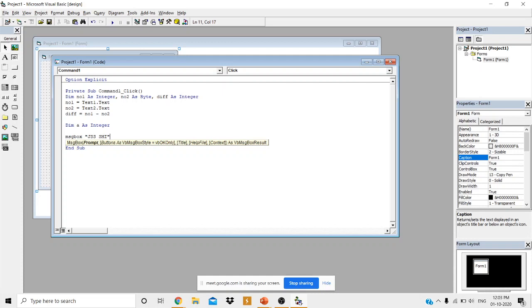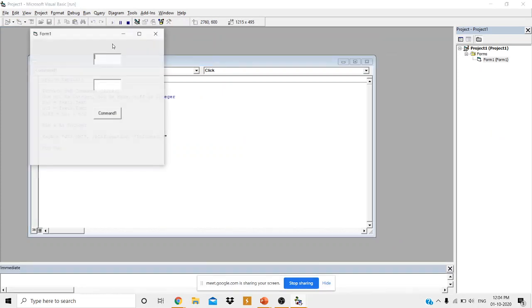Yes, sir. What do I have to write now? Comma, sir. Comma, yes, continue please. Comma, then select any one icon, vbInformation. This is the icon, and I don't want to change the button here. Only I want to change the title. Then comma again. If you want to set the buttons, then you have to press plus. But if you want to only change the title, then comma and in double quotes, whatever string you want to type as the title.